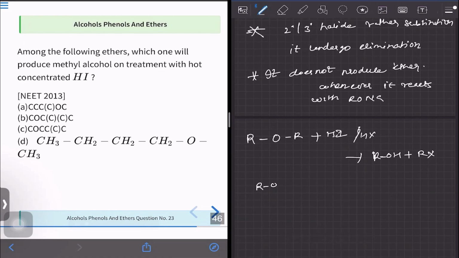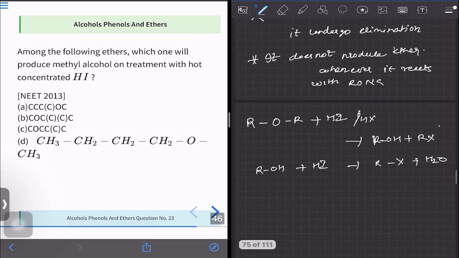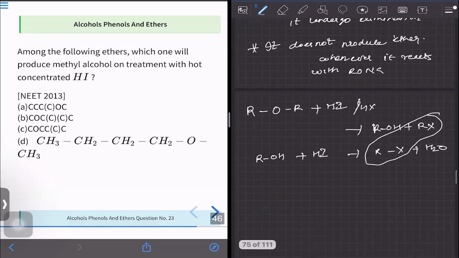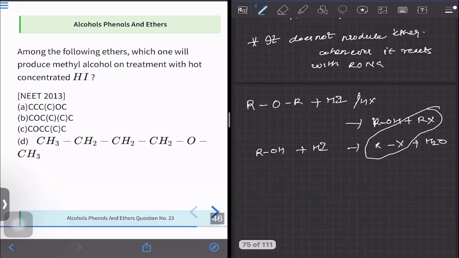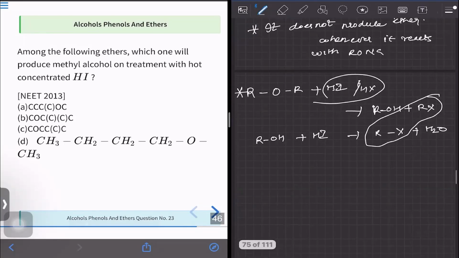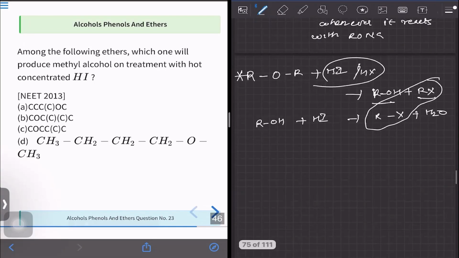On further reaction, ROH produces RX and H2O. So there will be production of two alkyl halides when ether reacts with HI. In the first reaction it produces alcohol along with alkyl halide, and in the second reaction, the alcohol on further reaction with HI produces